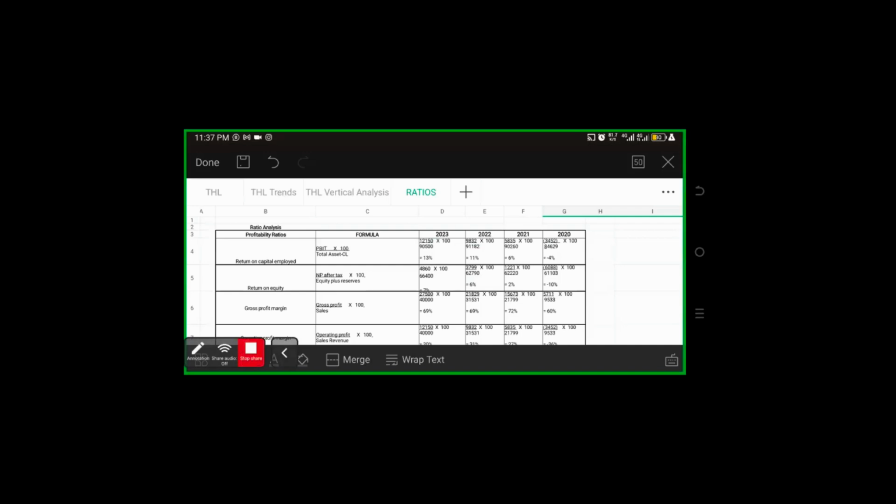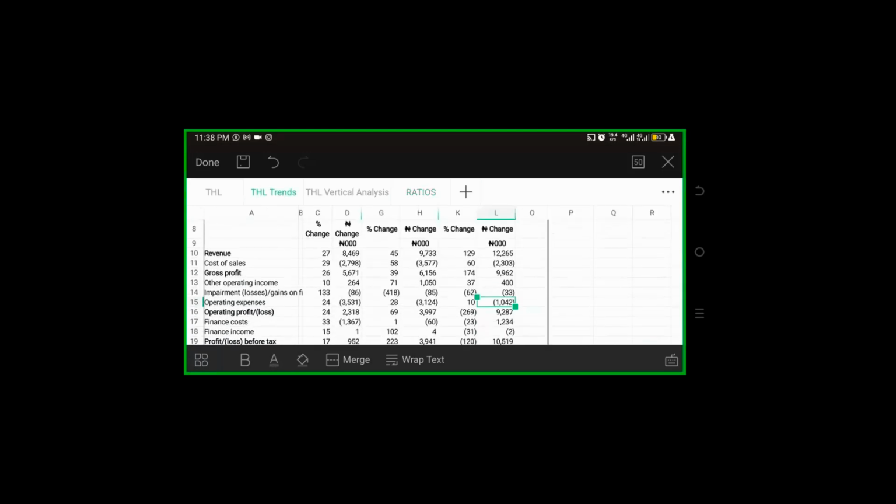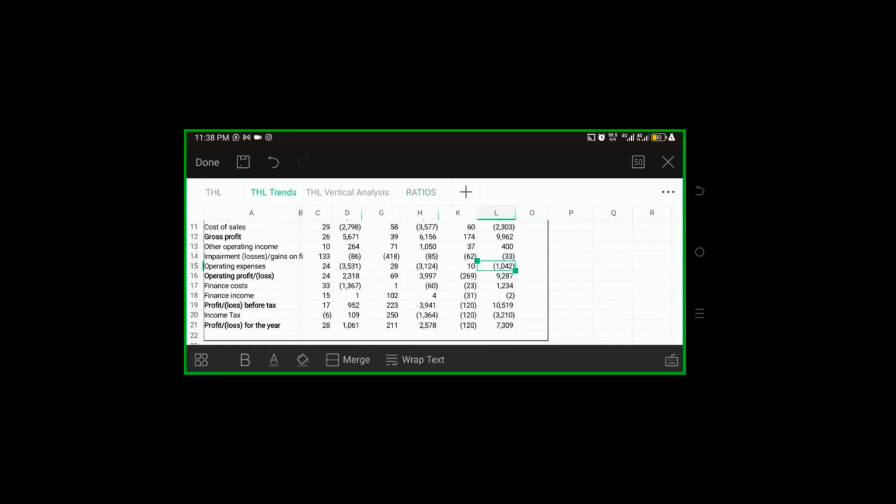Okay, go on. Please, when you're writing the report, how do you explain the negative figures that you get from your ratio analysis? That's number one. Then number two, on the common size statement, if you notice the income tax for 2020, it was a positive figure. So my assumption is that it was loss relief because they made a loss. Correct?